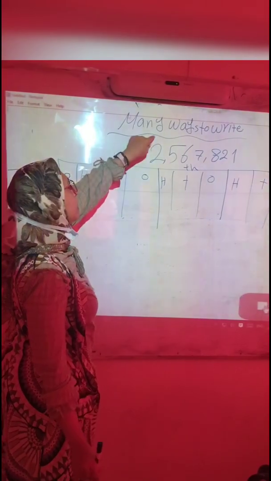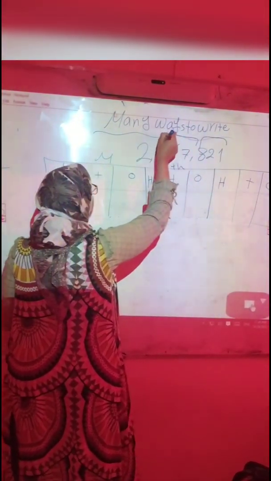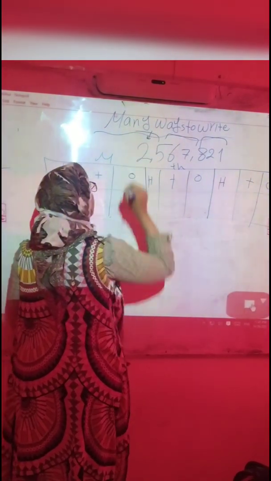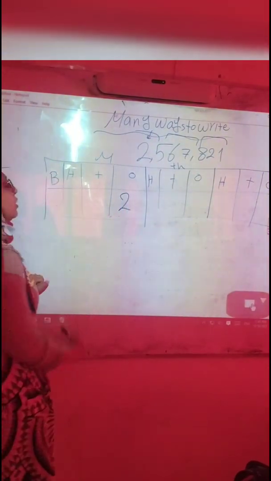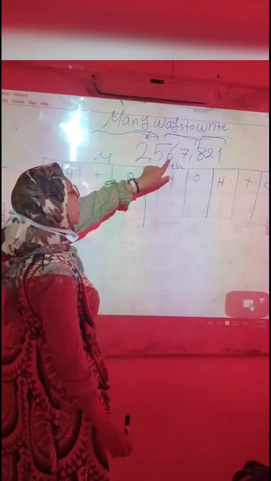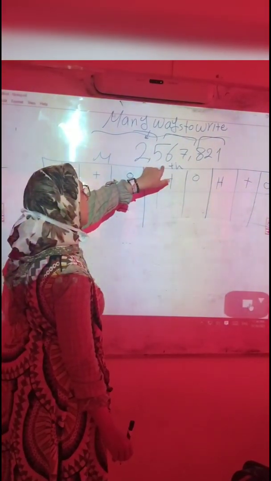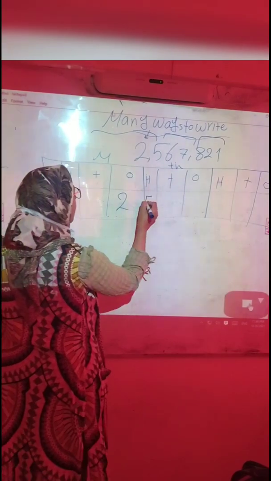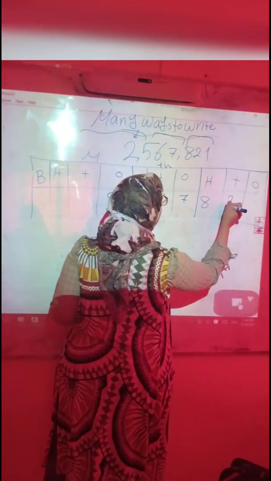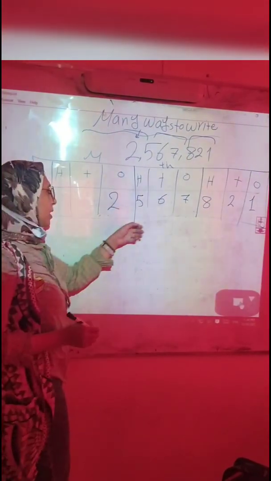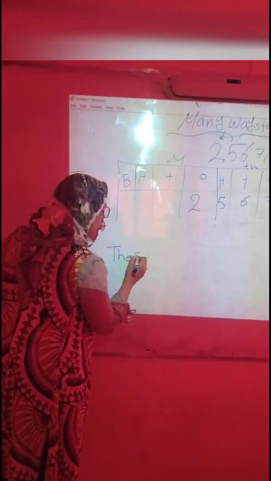The first number here is in the million place. How do I know this very quickly? I just make the periods: ones, thousands, and the first place in the millions. So I put it in the first place in the millions, 2. Then we know that there is a period of 3 numbers: the first one ones, in the middle tens, the last one hundreds. So 5, 6, 7. Then 8, 2, 1. This is the way. What about the last way? It's the short